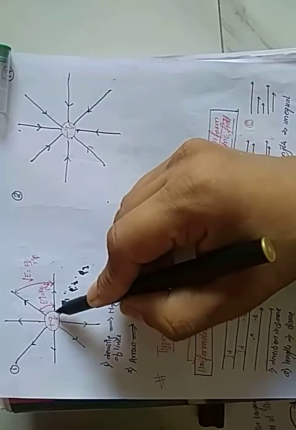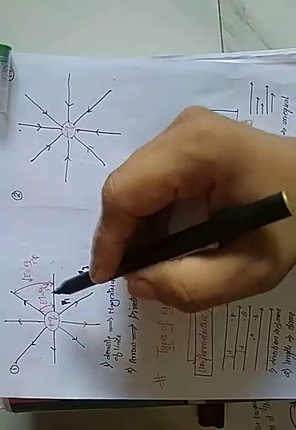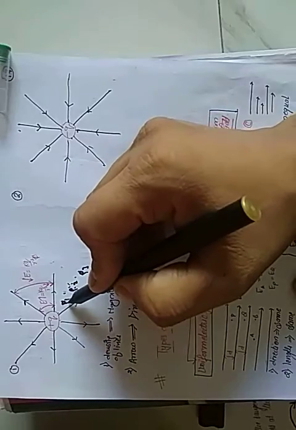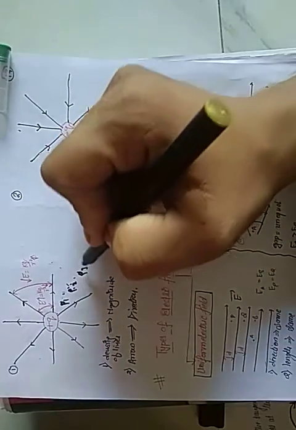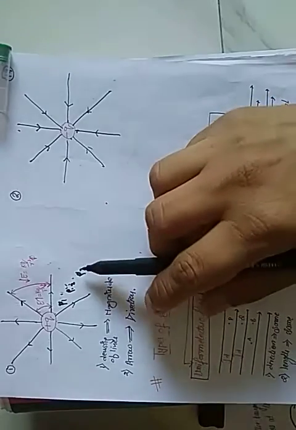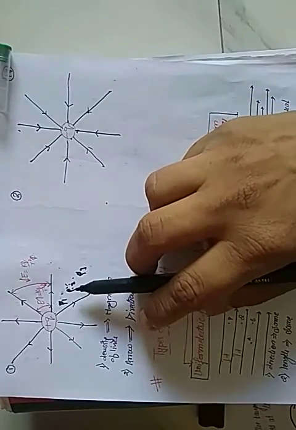At point P2 the field is decreased as compared to P1 because we are far away. At P3 the electric field is decreased further as compared to P2. Okay, same pattern here also for negative charge. If we understood this, we can move to the very next one, that is types of field.